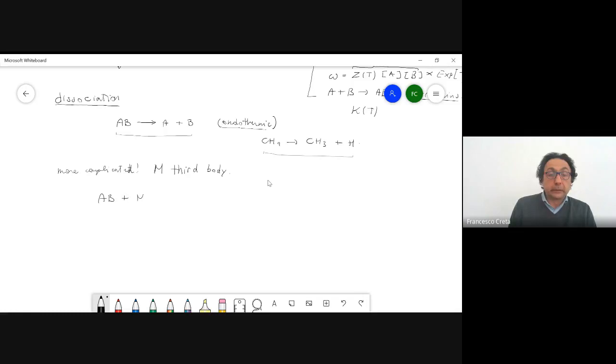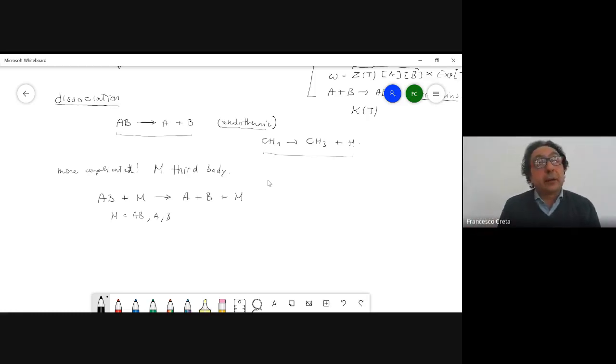AB plus M, okay, so there is a collision between AB and M of some kind, and M could be anything, I'll tell you what it is in a second, to form, well, the dissociated species A and B and M. So you see that nothing happened to M, okay? It only collided with AB. AB broke up, but M stayed more or less the same. We'll see that this is not even true. What is M? Well, M could be AB itself. It could be A, it could be B. It could be anything, okay, present in the chemical system